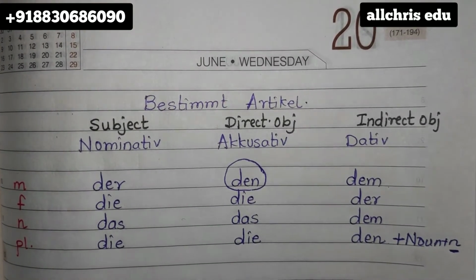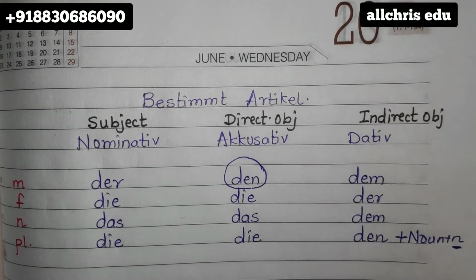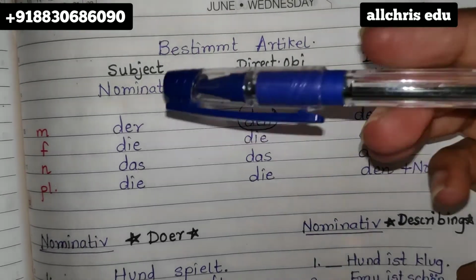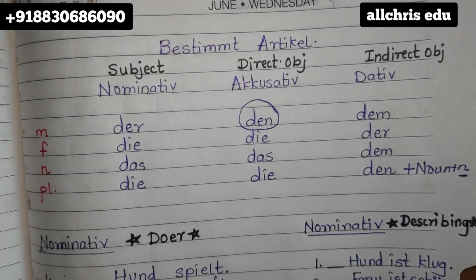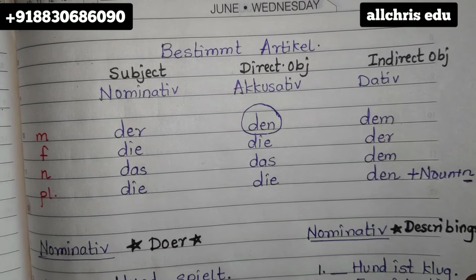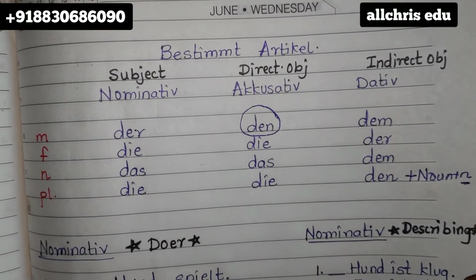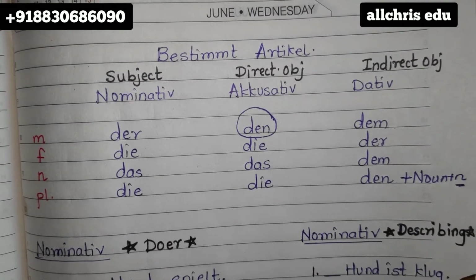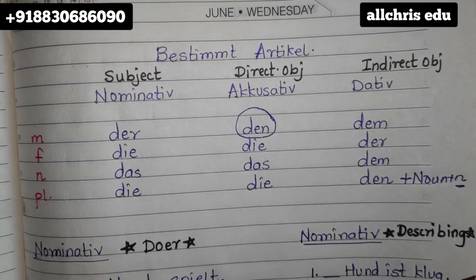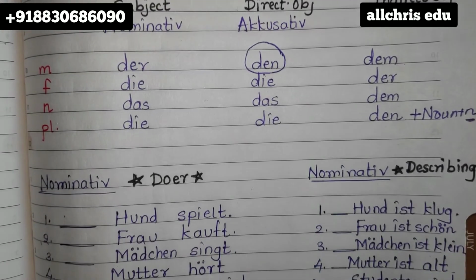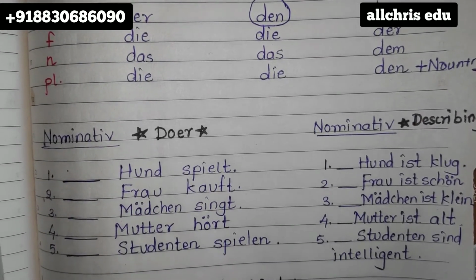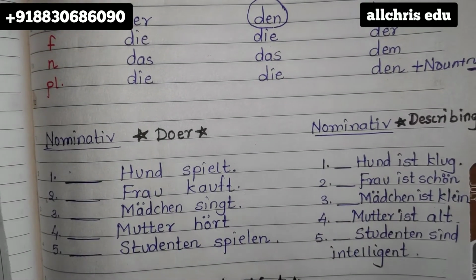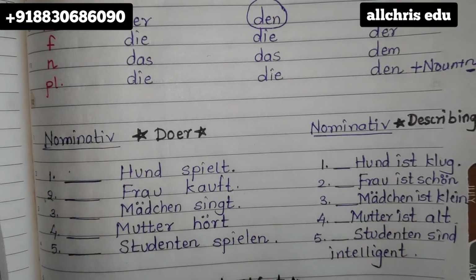First one, that is the nominative concept. We are going to try some examples. As you can see, I have written some meanings: subject, direct object, indirect object. Subject means the one who does the action. Direct object means on whom we are doing the action. Indirect is normally the receiver of that object. We'll see one at a time. This chart is supposed to be used in the exercise below. Let's see first this side.